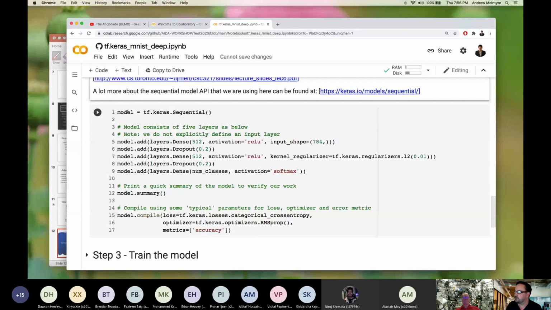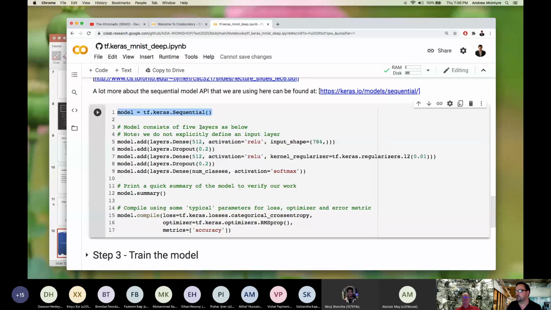And again, we're going to be creating a sequential model using Keras, and that just means that each layer is processed before the next layer is processed. So you're packing them one on top of another. You can just think of stacking layers together. So the first layer that we add in our network is going to have 512 units. It's going to be a dense layer, so it means it's fully connected. And it says the input shape is 784. That's how many pixels are in each of the MNIST images.